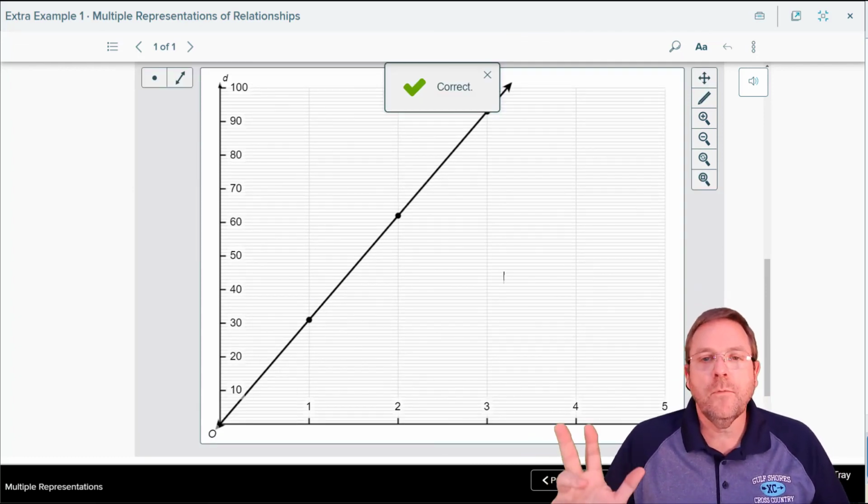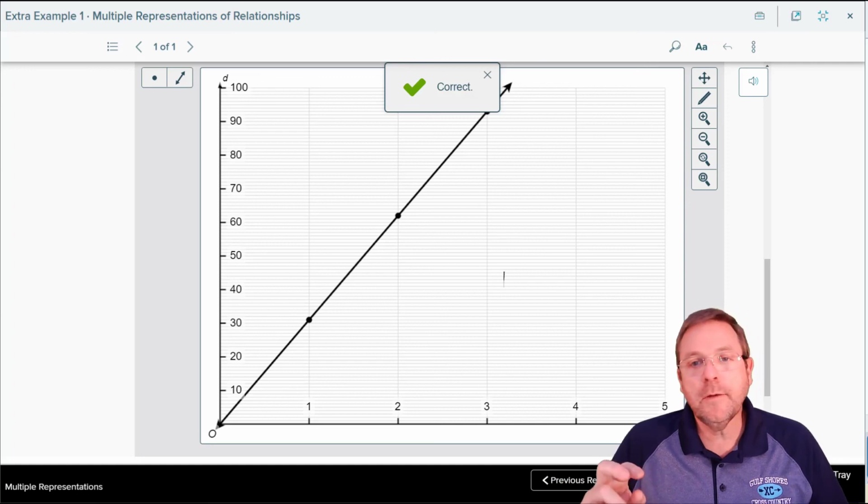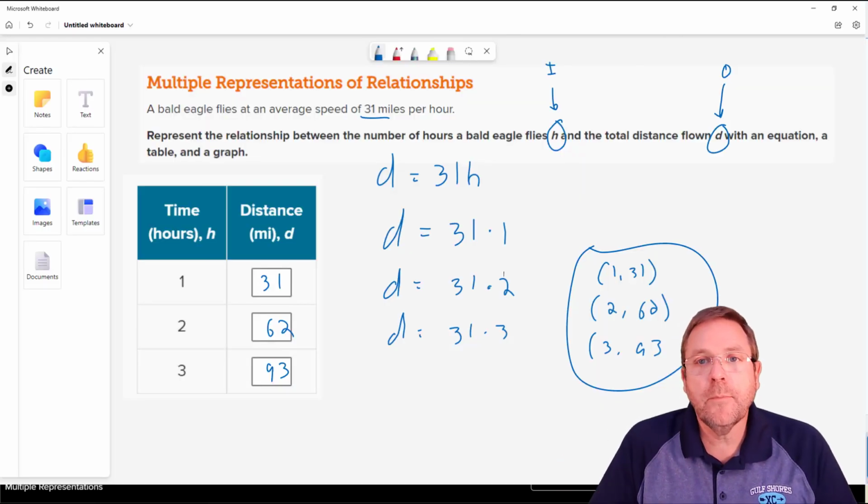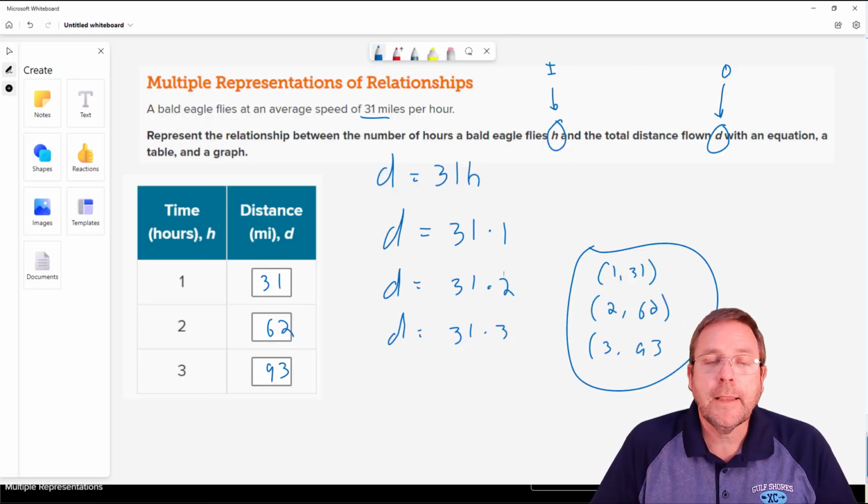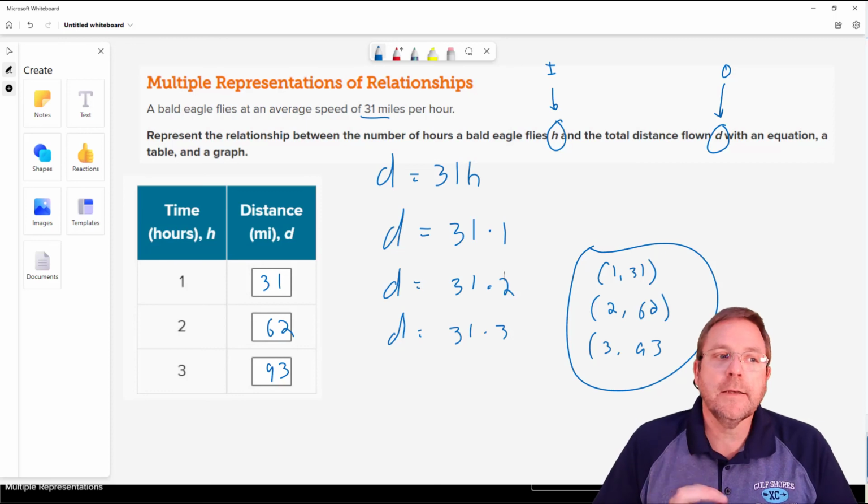Now that's all we're going to do for this lesson, but I do need to point out to you that is what my supporting work looked like. I can't just throw down a graph, an equation, and a table without having the information to fill it in. You've got to give me all the